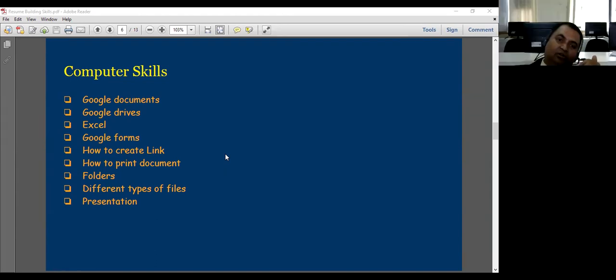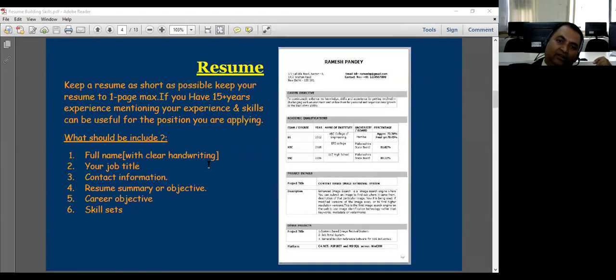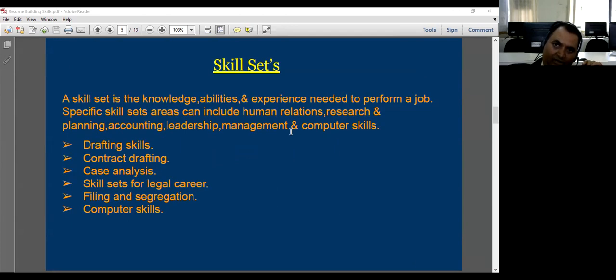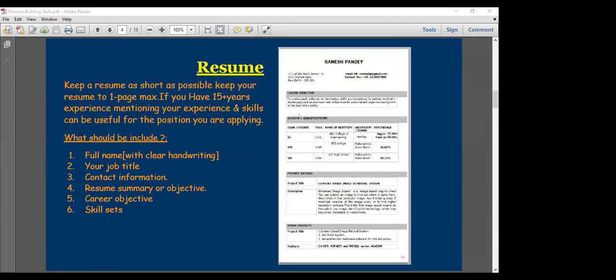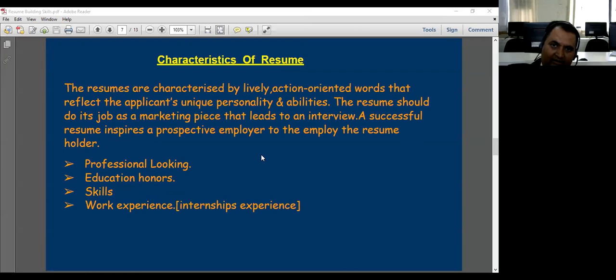We have just gone through two or three things in the CV right now. First is the introduction in your resume: your full name and your job title, all of this can be done in this small part. Then your career objective. After your career objective, we are speaking about the skill sets. This should be your third part. Whenever you are listing your skill sets, this should be your third part. And after the skill sets,